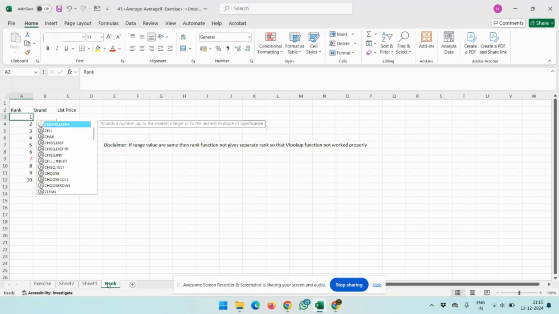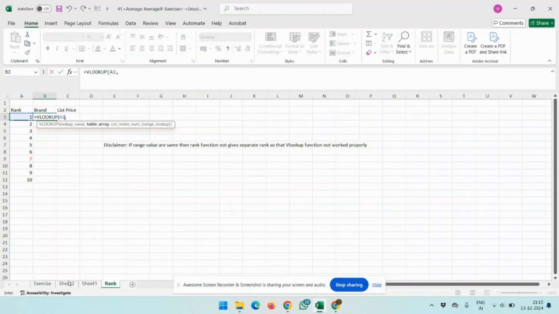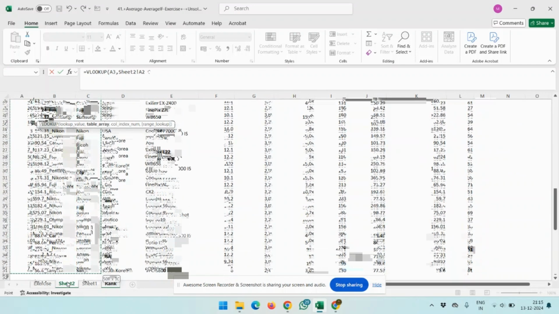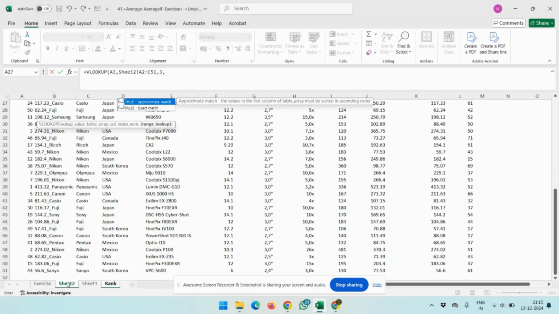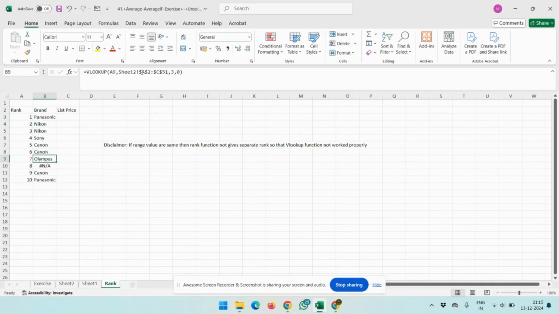Here you can use VLOOKUP, comma, select this one, comma, 3, comma, 0. Okay, just paste this here. Here for the 7